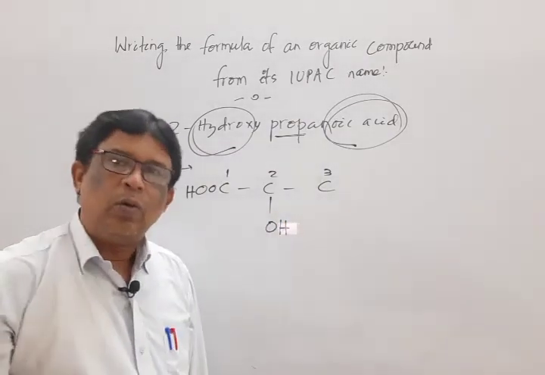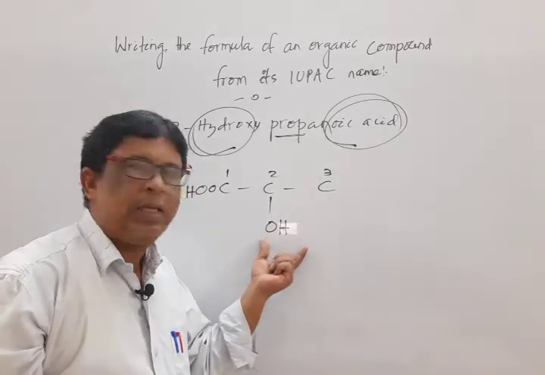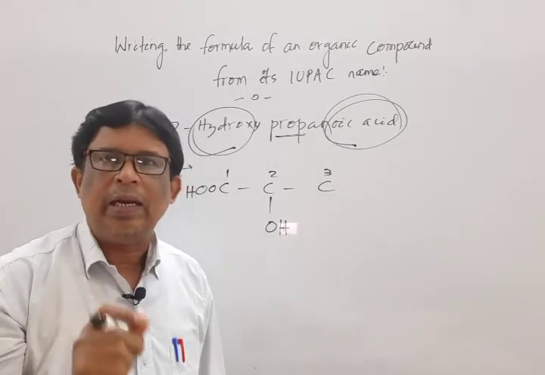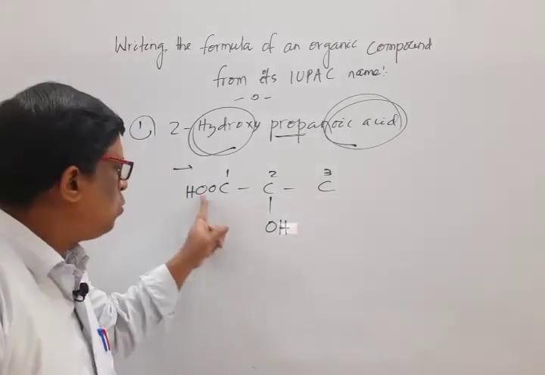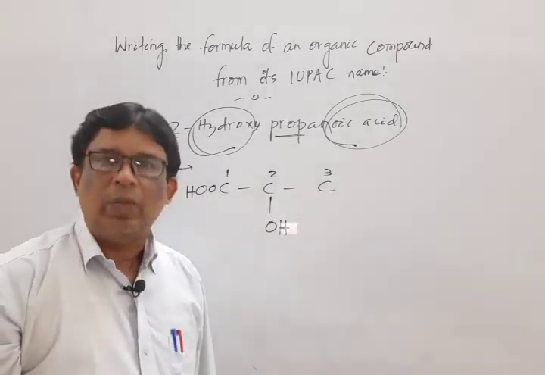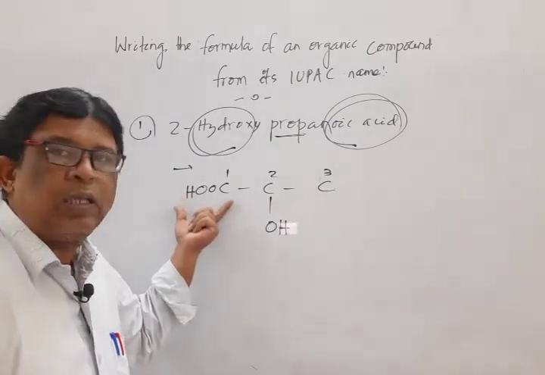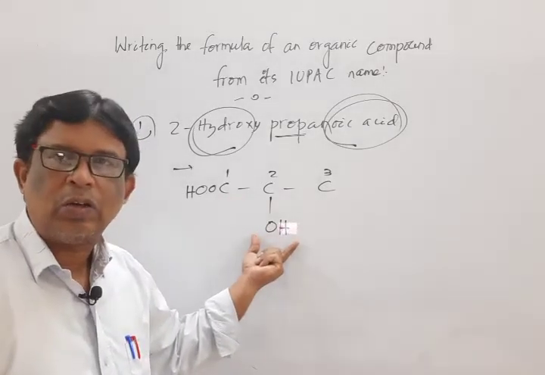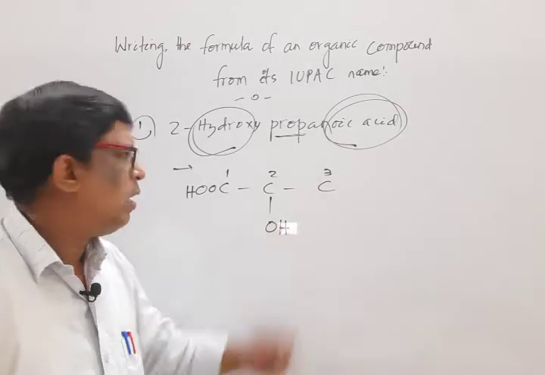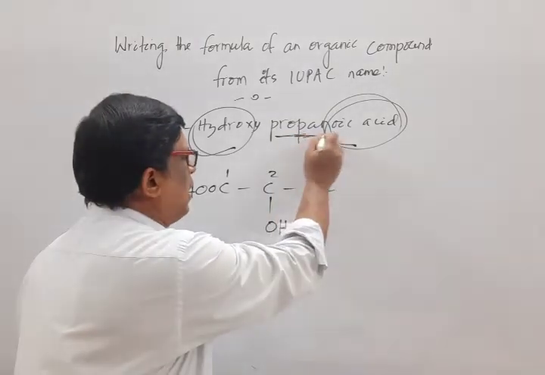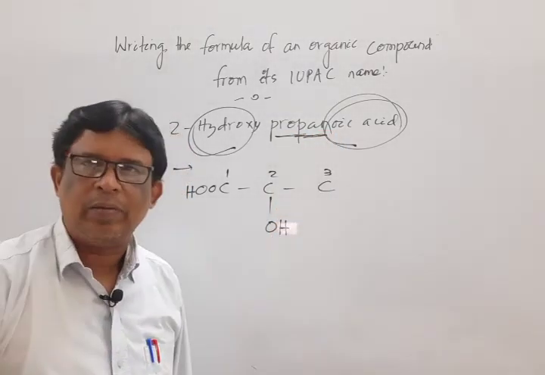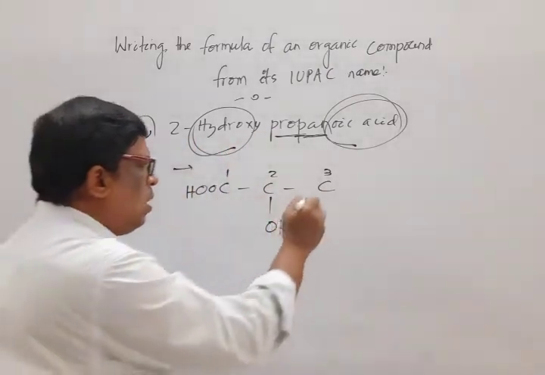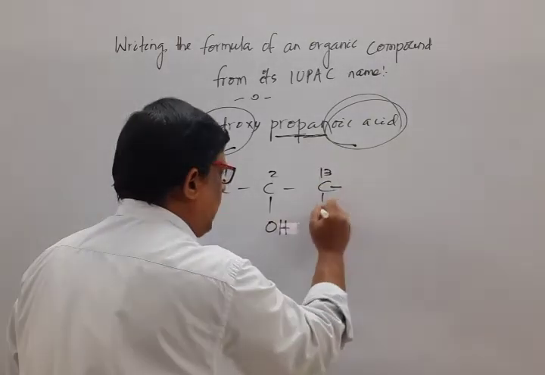We know if only an alcohol group is there, only OH is there, then it is the functional group, behaving as the suffix, and it is ol. But as 2 different functional groups are there, on the basis of the priority table, this one is known as the principal functional group, behaving as the suffix, while this is known as the secondary functional group, behaving as a prefix. Okay. Next, as it is propane, an is there, that means it is a single bond. No other substituent is there. So finally, we have to add H.